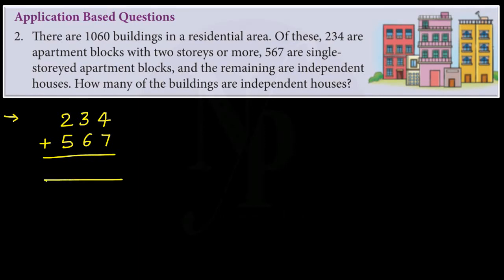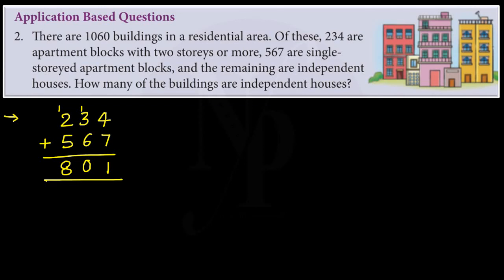ಆ್ಯಡ್ ಮಾಡ್ಕೊಳ್ಳೋಣ ಮೊದಲು. ಸೊ 4 + 7 is 11. 1 is carried forward to the tens place. 1 + 3 is 4 and 4 + 6 is 10. 1 is carried forward to hundreds place. 1 + 2 is 3 and 3 + 5 is 8. ಸೊ ಹಾಗಾದರೆ ಸಿಂಗಲ್ ಸ್ಟೋರೇಡ್ ಮತ್ತು ಮಲ್ಟಿ ಸ್ಟೋರೇಡ್ ಅಪಾರ್ಟ್ಮೆಂಟ್ ಬ್ಲಾಕ್ಸ್ ಒಟ್ಟು ಎಷ್ಟಿದೆ? 801 ಇದೆ. ಈಗ ಏನು ಮಾಡಬೇಕು ನಾವು, ಟು ಫೈಂಡ್ ದ number of independent houses we need to